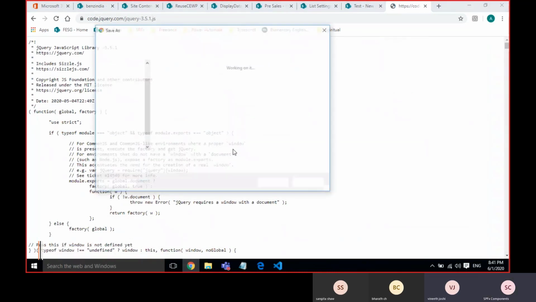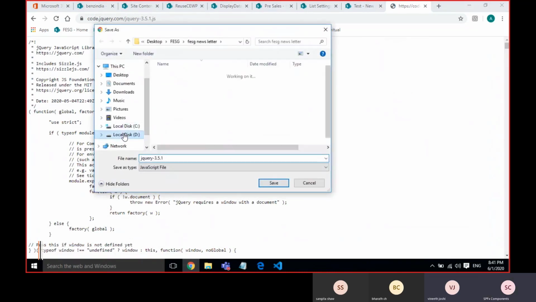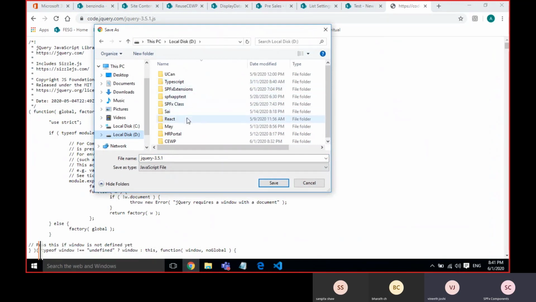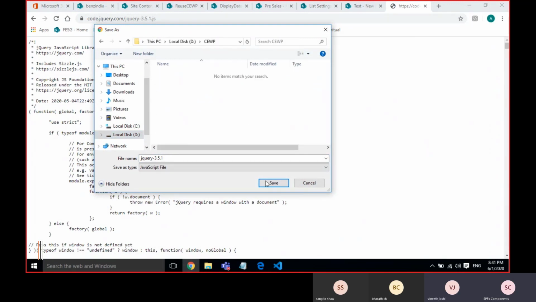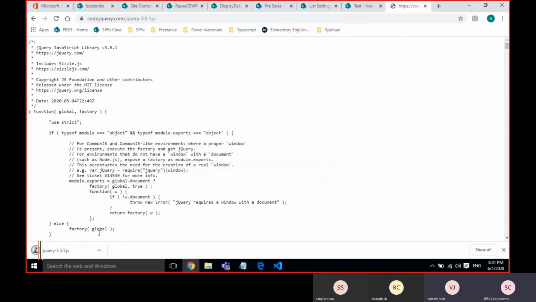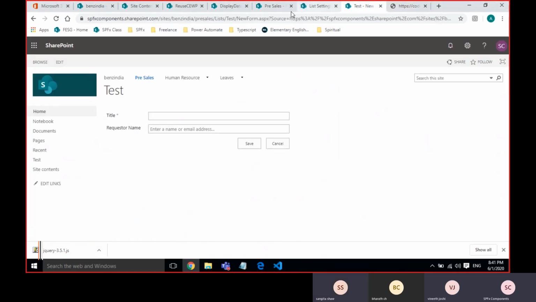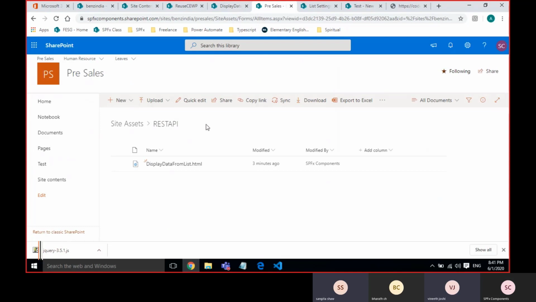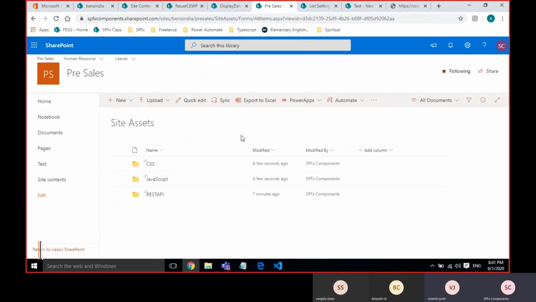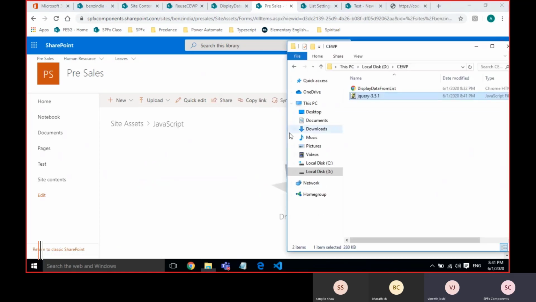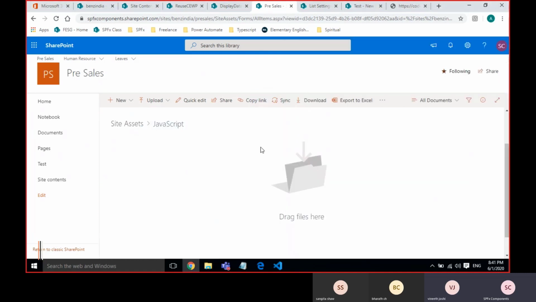I'm saving it in my local. So if you observe here, I'm in site assets. jQuery is a common library, correct? So I'll keep it in